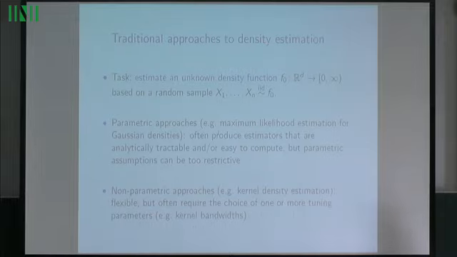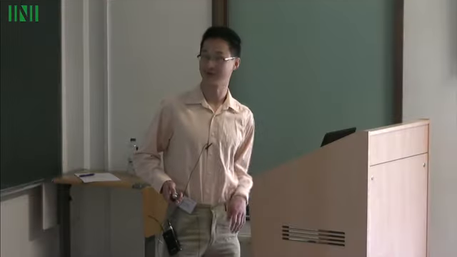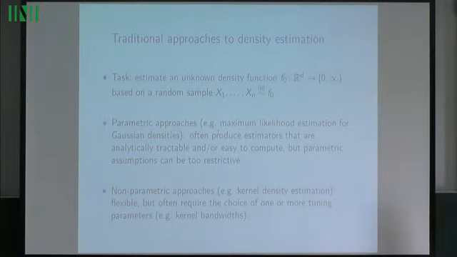So to set the scene, I'll begin by giving an overview of the problem of density estimation, which unsurprisingly is a task of central importance in statistics. So the basic question we aim to address is the following. Given an unknown d-dimensional density f0, and a random sample x1 up to xn from that density, how should one estimate f0? Note that here we seek to estimate the entire density, not just the mean or some finite dimensional